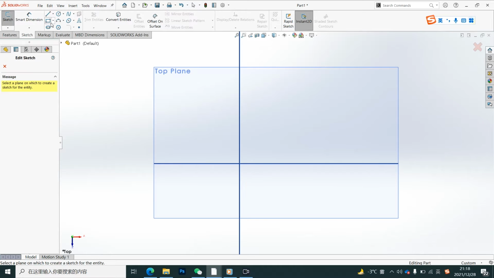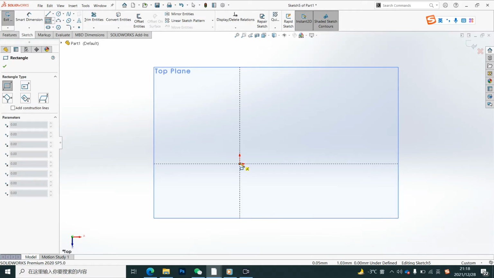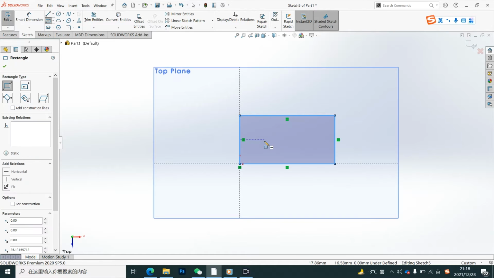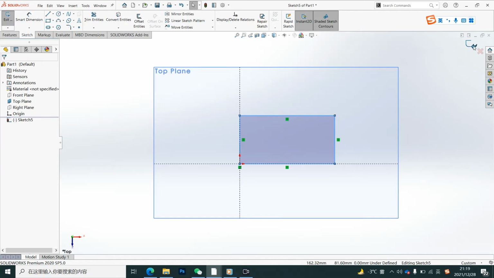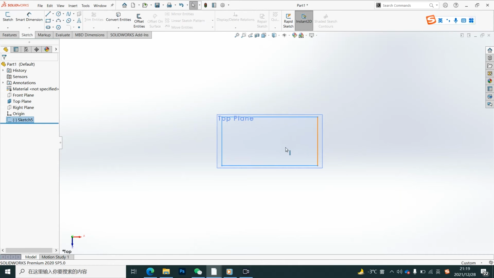So I hit the sketch, choose the top plane and drag a rectangle. At this time, if I hit this and hit this one, you can exit the sketch, but you already have the sketch on the top